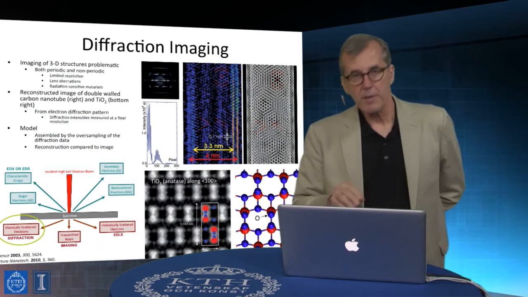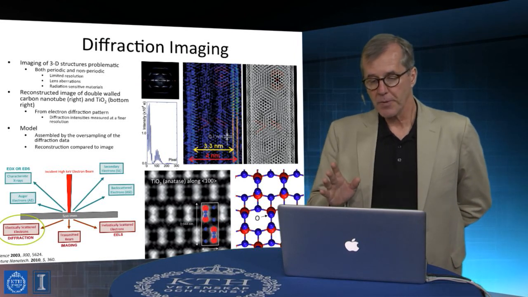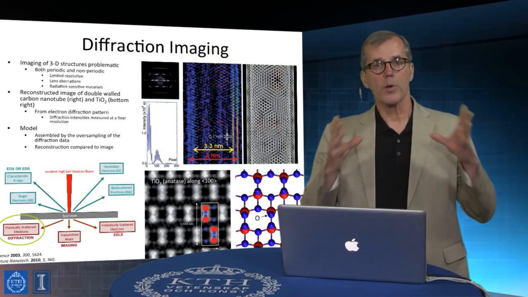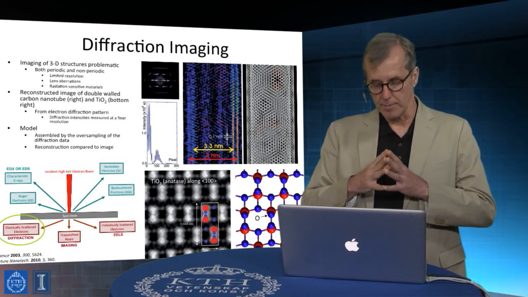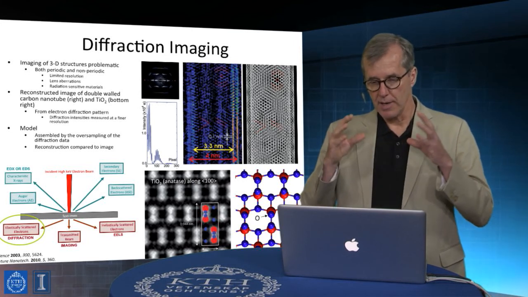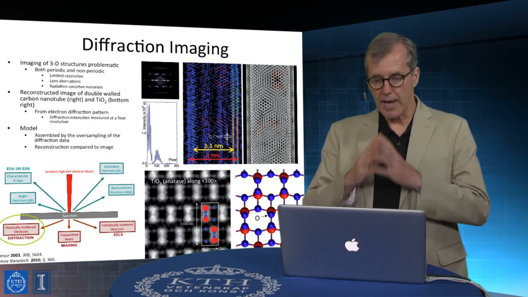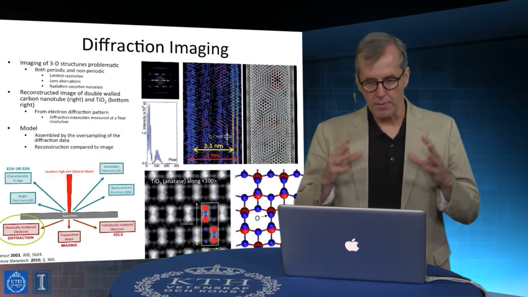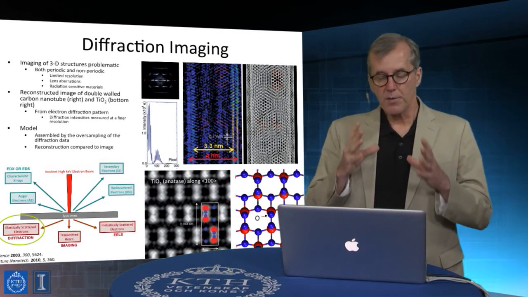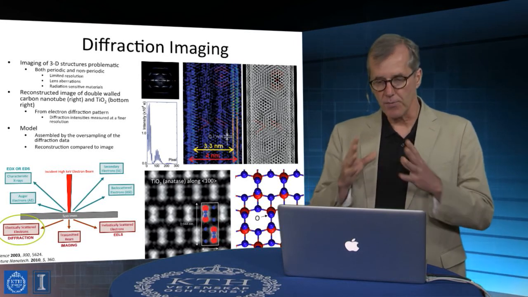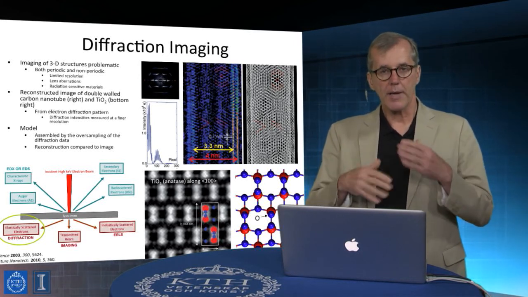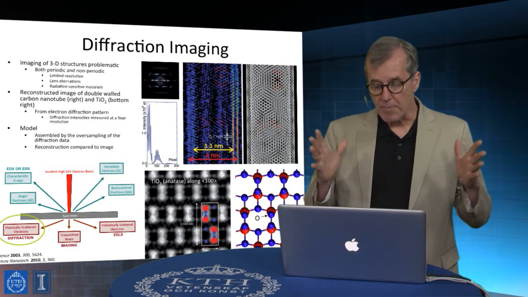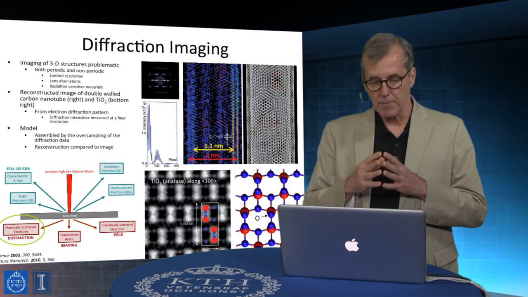Now let's talk some more about the issue of diffraction. Typically, diffraction is something that tells us about the ordered components of a sample, and we have electrons that elastically scatter off of the atomic structure of the sample, and we can look at the diffraction patterns and understand those diffraction patterns in terms of characteristic spacings of crystallographic planes, and from that we can deduce information about the structure